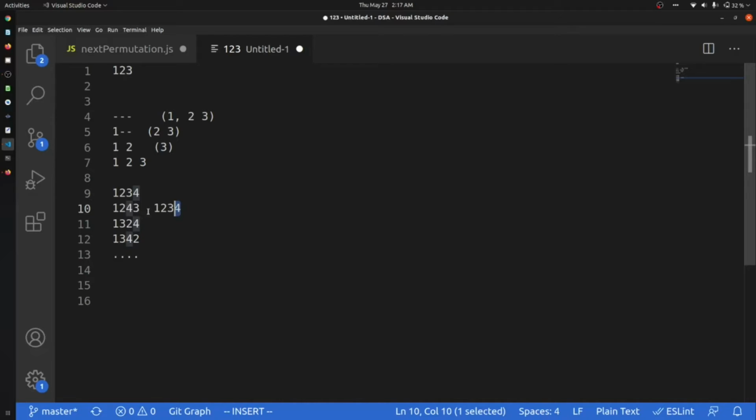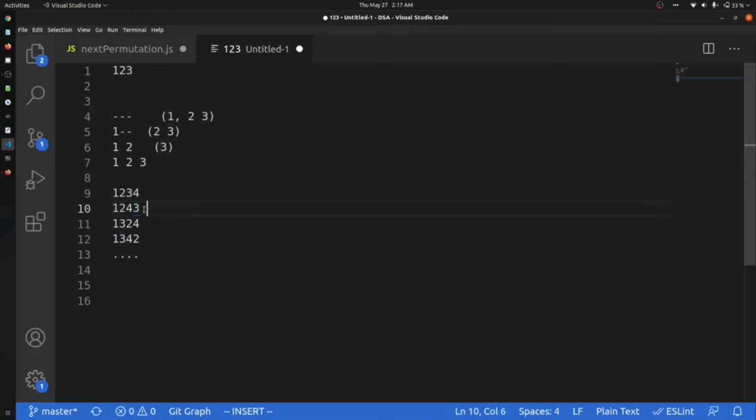Let me focus on this number, 1, 2, 4, 3. Say we have been given 1, 2, 4, 3 and we have to find the next permutation. It should be 1, 3, 2, 4. So we are just updating our value, and we are saying that my element is increasing.